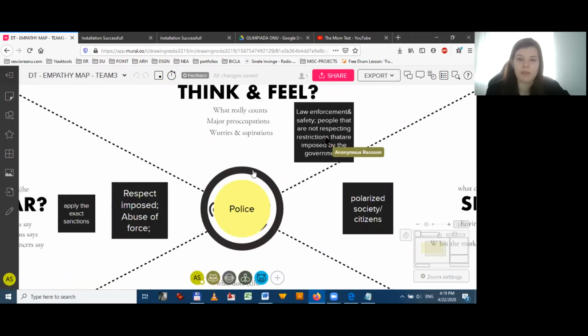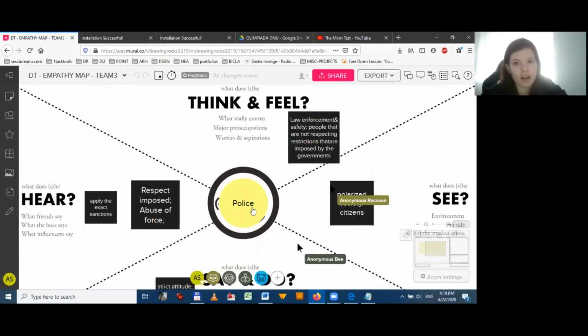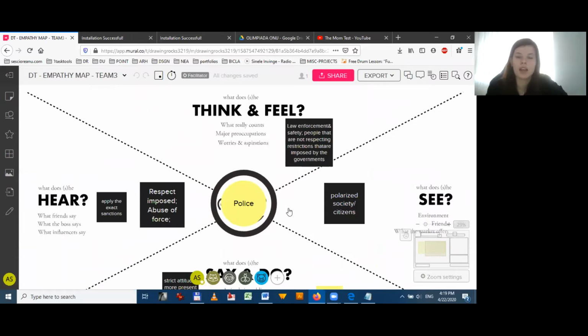We really thought about the fact that at this particular moment, they are focusing on imposing as many of the restrictions as they can and respecting them, in order to keep people safe and to enforce the law as well as they can. And